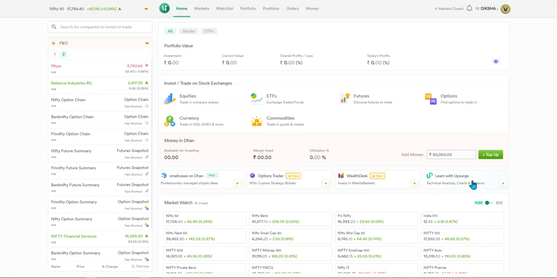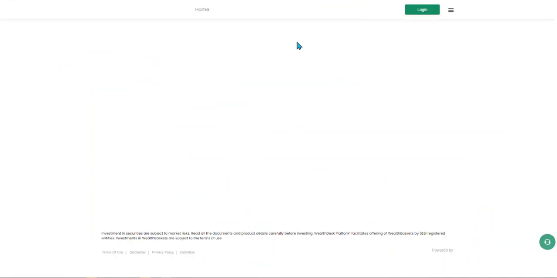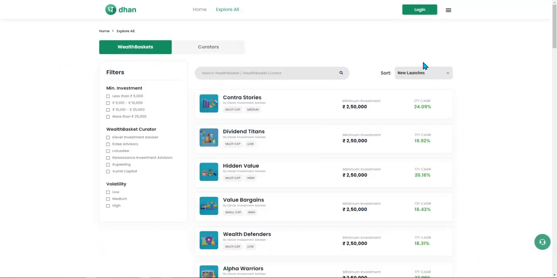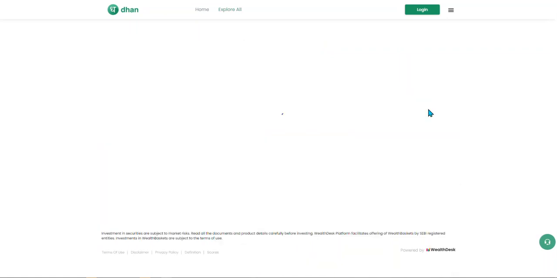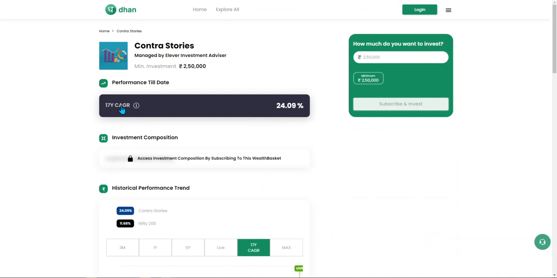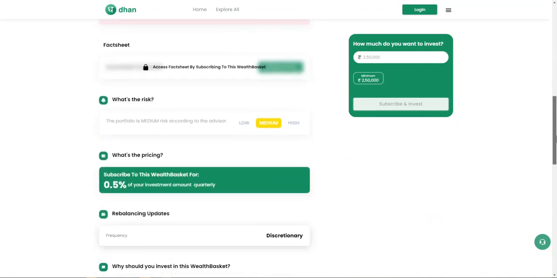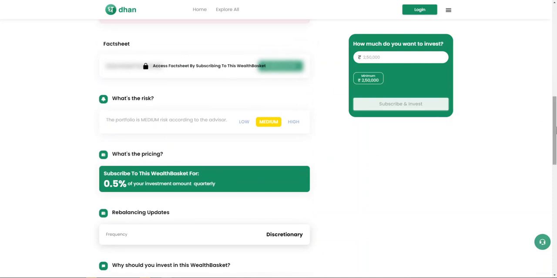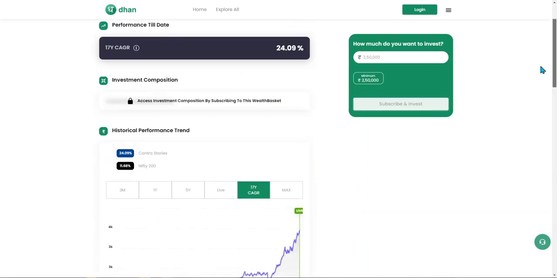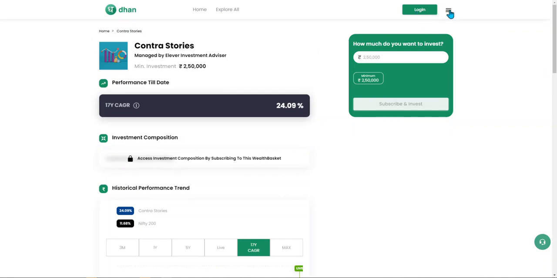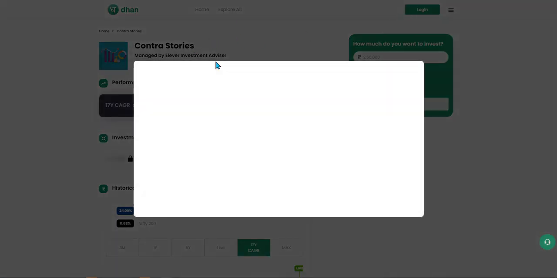Then there is something if you want to learn technical analysis. There is one more for wealth, but this is a paid one. I've not explored much. If you want to, you can do that. There are contra stories. They're saying it's 24% CAGR over 17 years performance. So it looks very great, right? I don't know what it is. It's hidden. You need to do some paid things with them, so you can try that. All right. I've not explored this much,